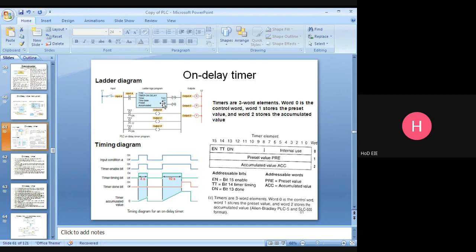Since this one is timer address T40, once the done bit is energized, this one is closed and output D will be glowing. Understand? Listen carefully. Once the switch is closed, enable bit will be energized. So T40 enable bit, this contact will be closed immediately. Once this one is energized, this contact is closed. Bulb B will be, sorry, no.